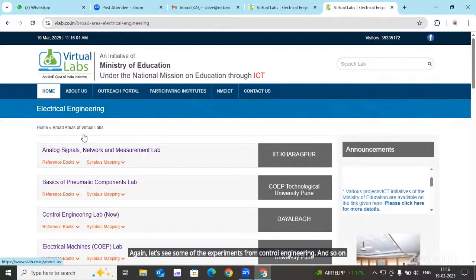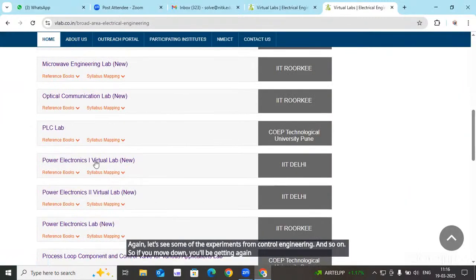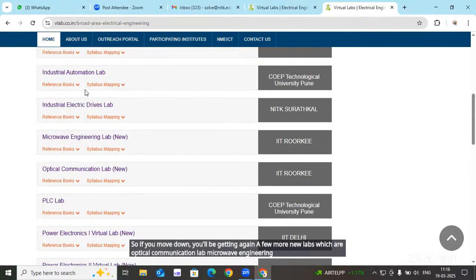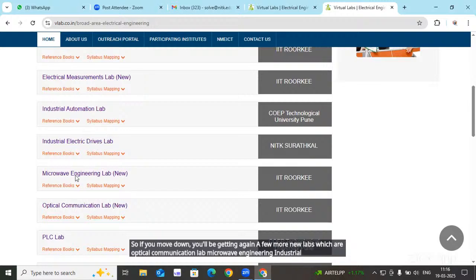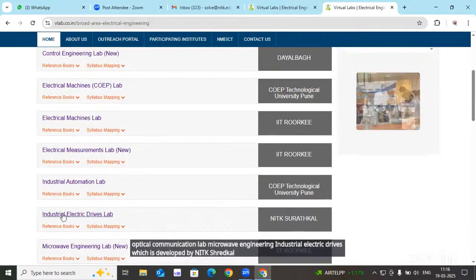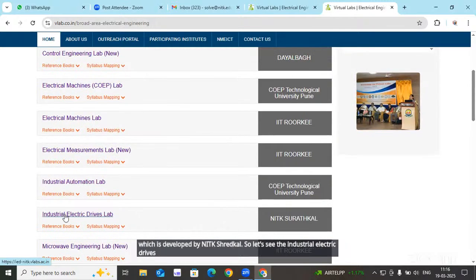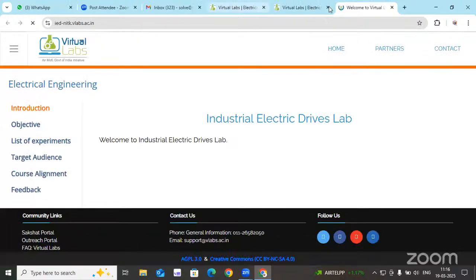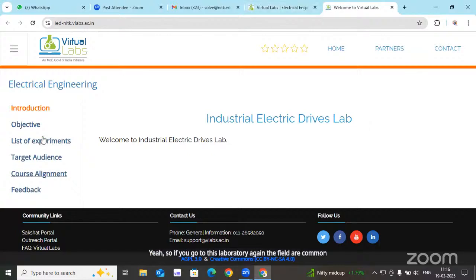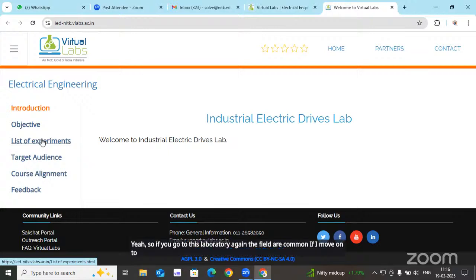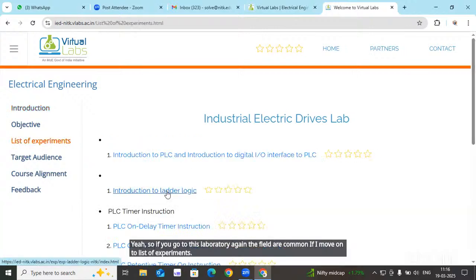If you move down, you will get a few more new labs, which are optical communication lab, microwave engineering, and industrial electric drives, which is developed by NITK Surathkal. So let's see the industrial electric drives lab developed by NITK Surathkal. If you go to this laboratory, the fields are common. I'll move on to the list of experiments and select